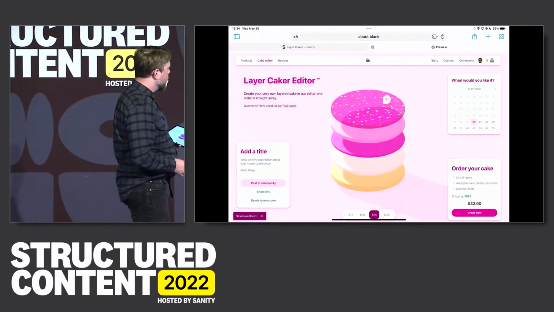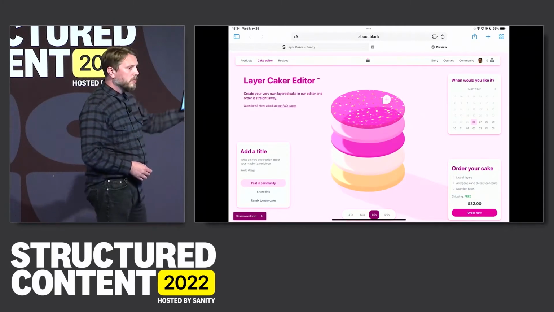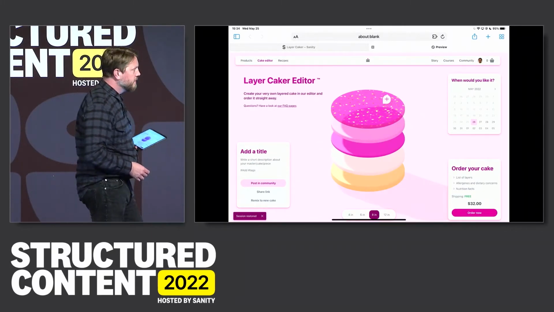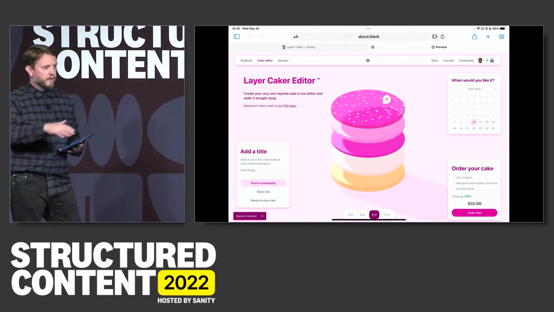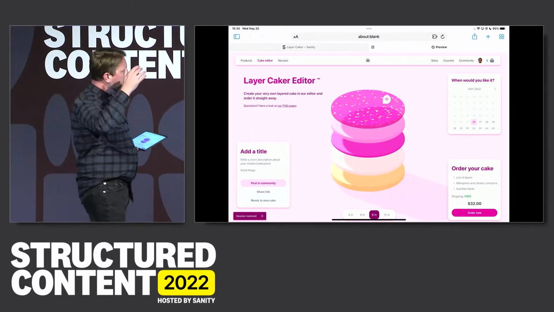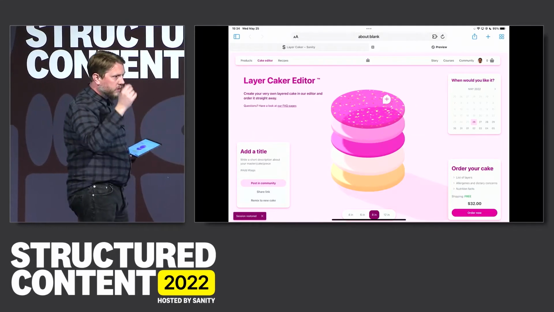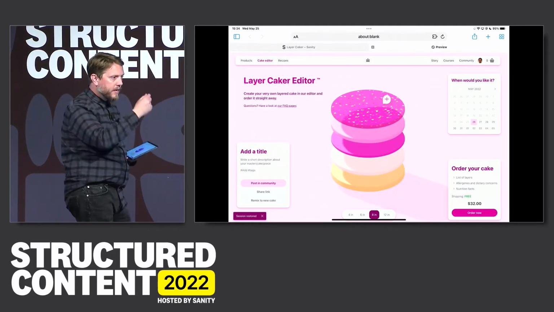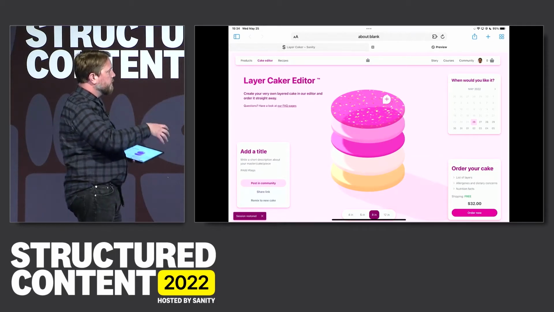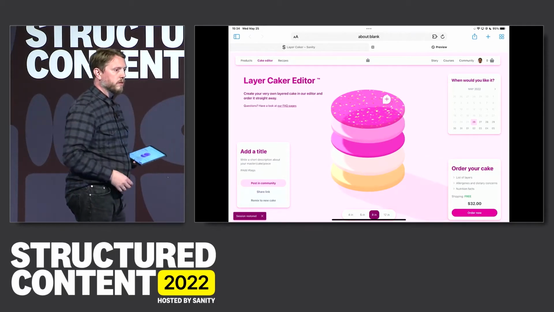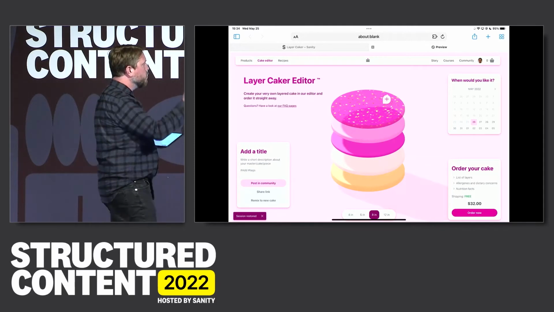the Layer Caker Editor, the personalization tool for layer cakes. This is all building up on the structures that we've built that have enabled us to get to here. Any layer slot in there, calories, nutritional information, how to make it, all of that is encoded. And of course, all those layers make up a cake. It can be your personal cake for your birthday. You can do crazy things in here.